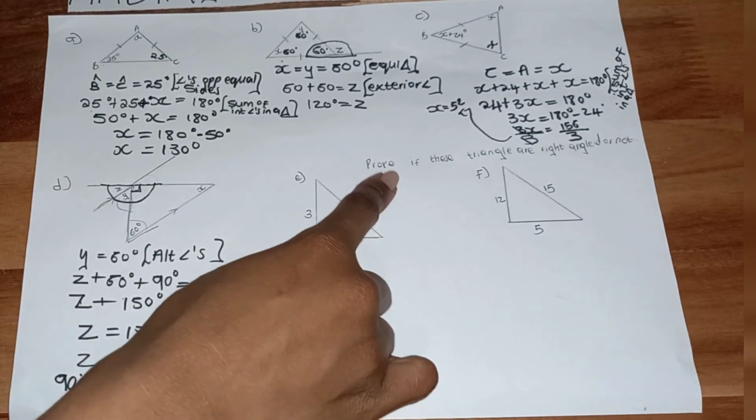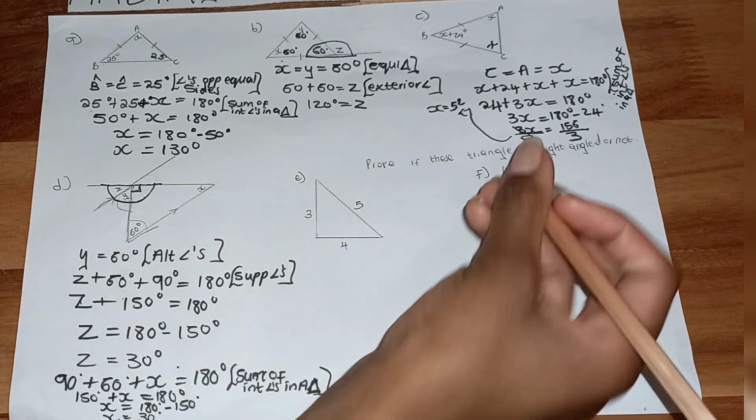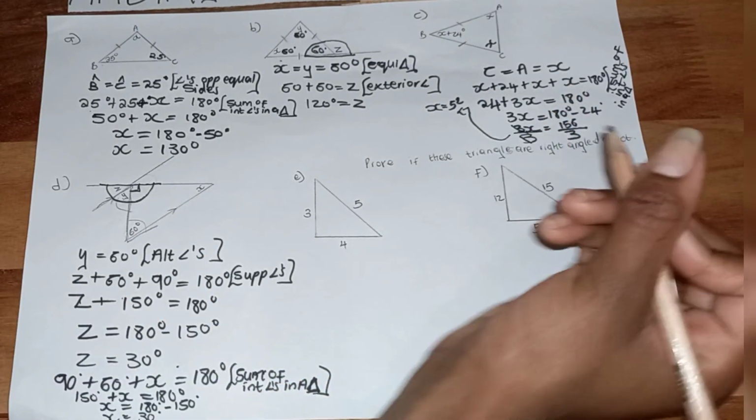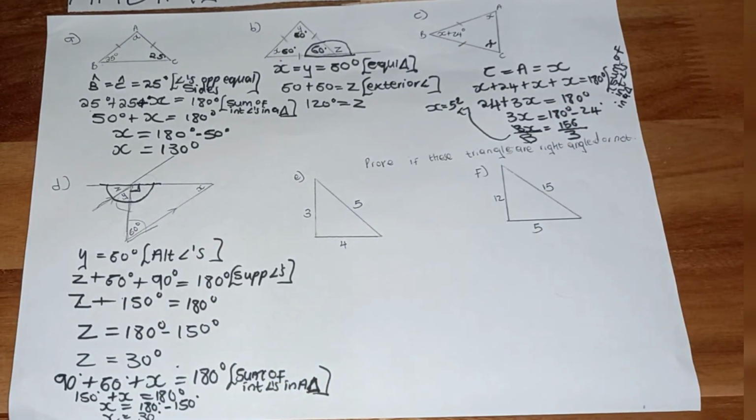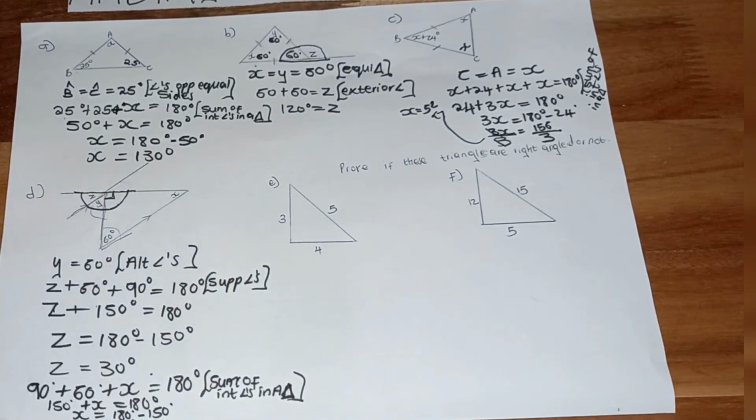So here it says prove if these triangles are right angled or not. Let me just add an S because we are talking about two triangles. So prove if these triangles are right angled or not. So in the previous videos, we learned about the rules and theorems of triangles. One of the theorems was the theorem of Pythagoras, and the theorem of Pythagoras stated